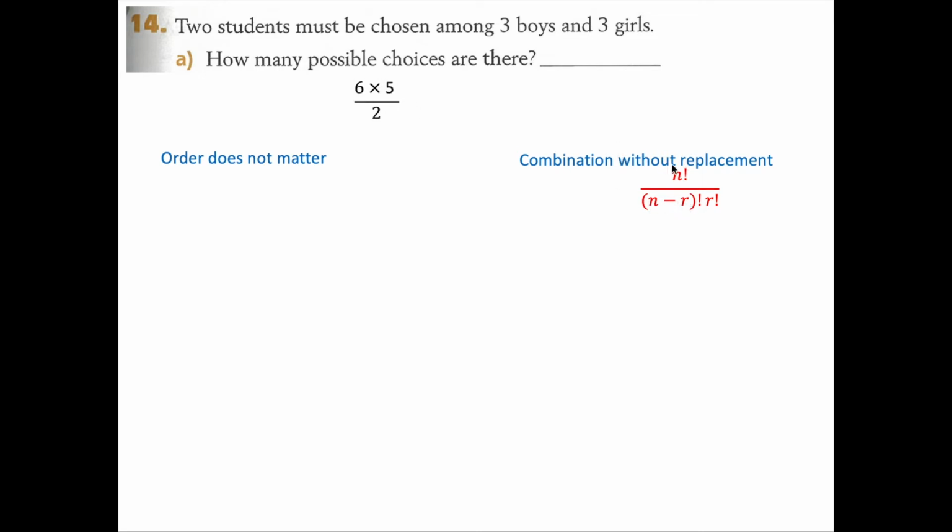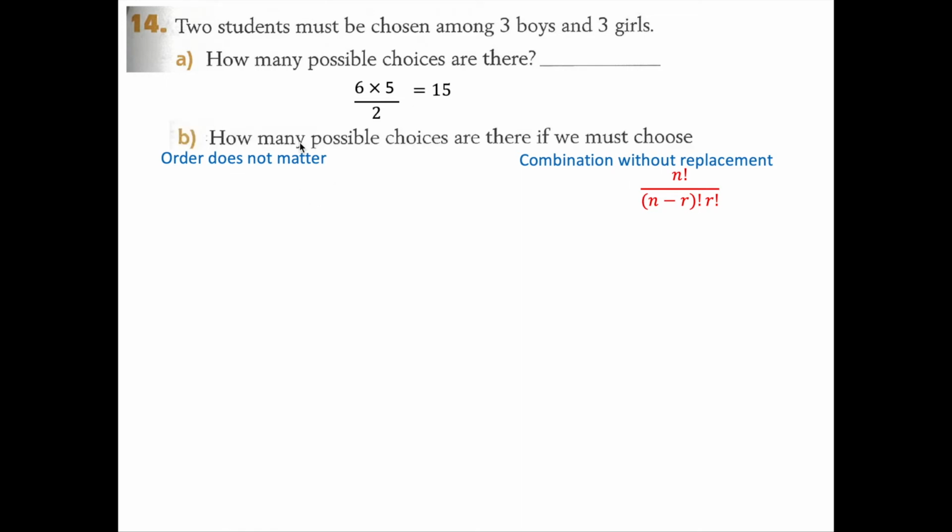times 5. And then we're dividing by the restriction factorial, the 2 factorial, because we're going to get person AB, but AB could be chosen as AB or BA. We want the AB and BA to be reduced to just AB, so we're going to divide by 2. So that's dividing by your r factorial. 2 factorial is 2. 6 times 5 is 30 divided by 2 is 15. So there are 15 possible choices if we're just picking 2 students and we don't care about whether they're boys